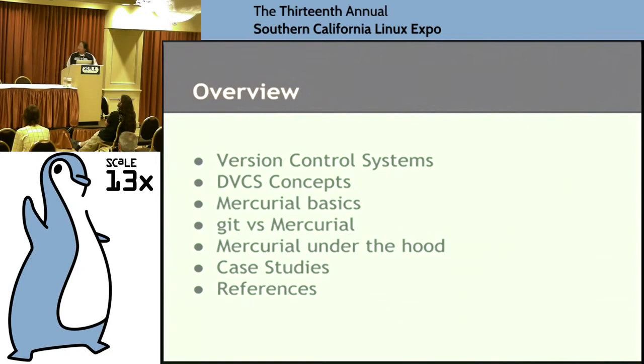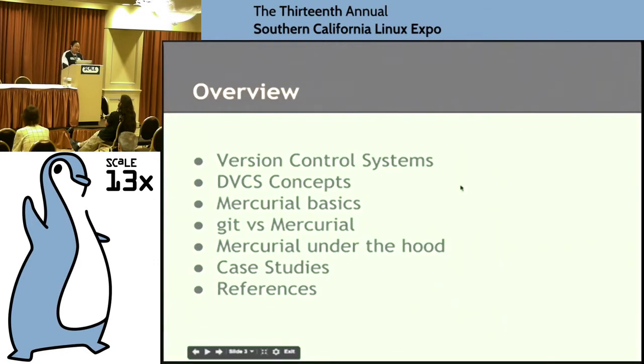So this is my roadmap. We'll start out talking a little bit about version control systems. Apparently there's a definition for them, and so that will give you a better appreciation of what version control systems give you. When I talk about DVCS concepts, distributed version controls, they have a kind of language to them. Like when you talk about change sets, repositories, I want to make sure that you understand what I mean when I start throwing those terms around. For Mercurial basics, I'm really going to skim over that, because if you're that into Mercurial, you're going to go through it step by step, and it's better as a hands-on experience.